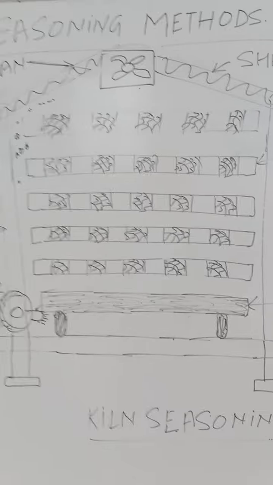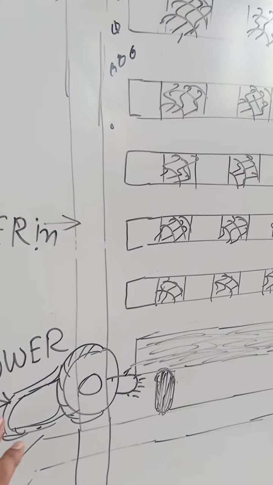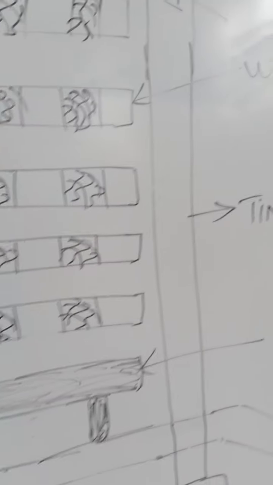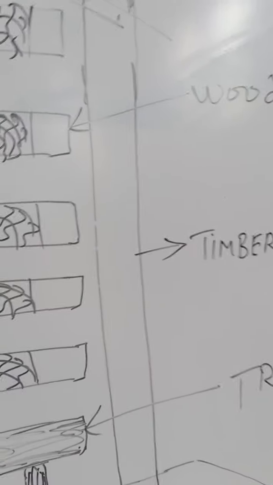And the second process is kiln seasoning or the artificial seasoning, in which we use a kiln, in which we use a blower. A fuel is used to blow out hot air into the specially made shed, in which exhaust fans are mounted on the top of the shed. So the stacks are formed in the same manner as we have done in the natural seasoning, but the hot air is blown through the shed,